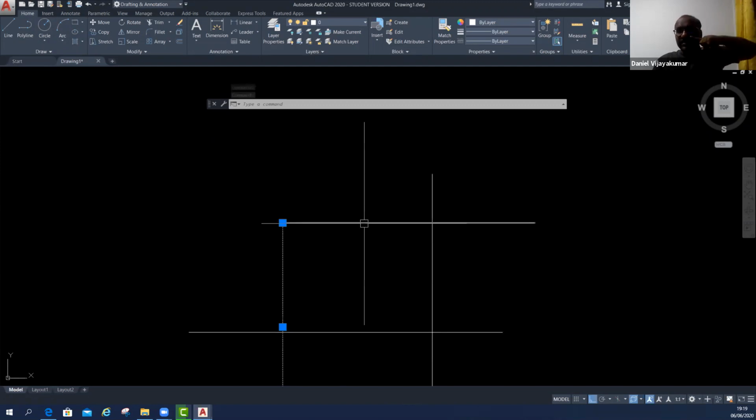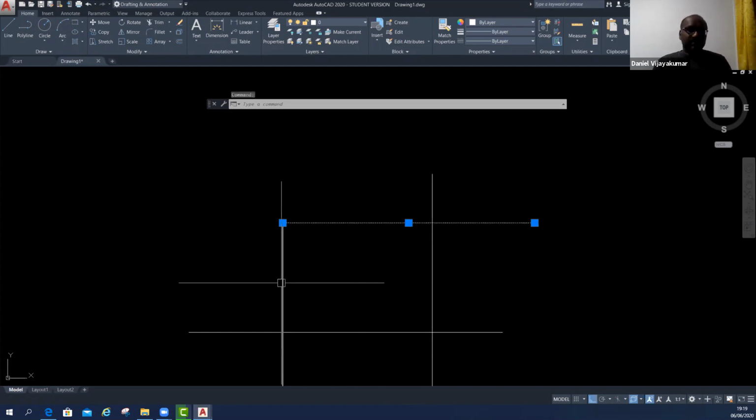If I select the horizontal line, the vertical line is unselected. The main reason is the pick value. If you want to add to the selection, it becomes adding your picking points. So I will do the command PICKADD, pick add, enter, 1, addition is 1, enter.